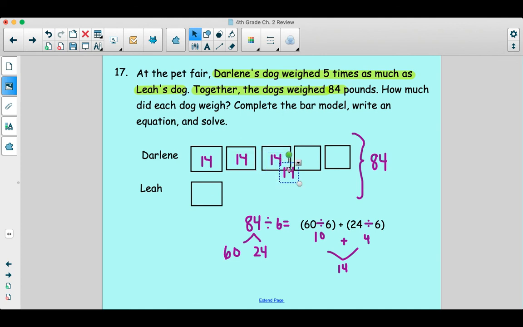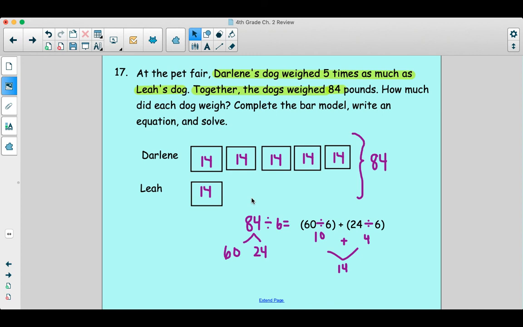Does that seem reasonable? Always ask yourself that. It's like the best math question. Does that seem reasonable? Okay, so let's see. Did we do everything? How much did each dog weigh? No, we haven't done that. Complete the bar model. Yes, we have done that. Write an equation. Yes, we did do that. And solve. Okay,